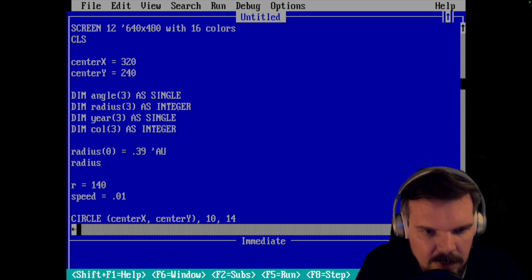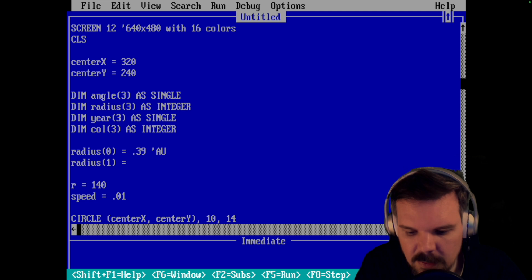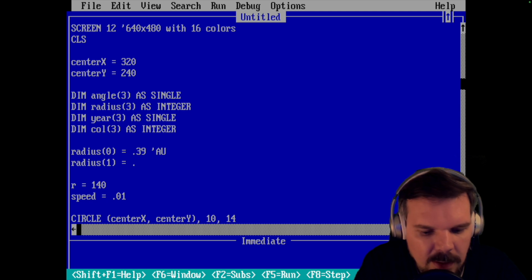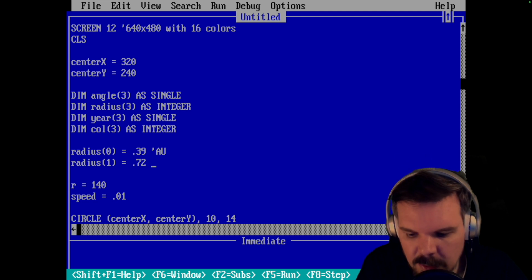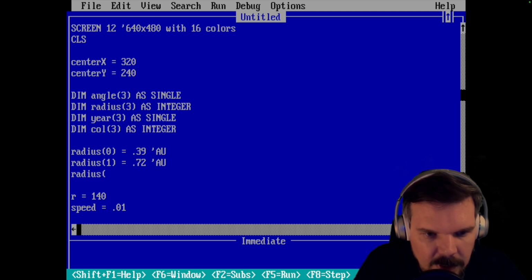The radius of Venus is going to be 0.72 astronomical units. The radius of the Earth is going